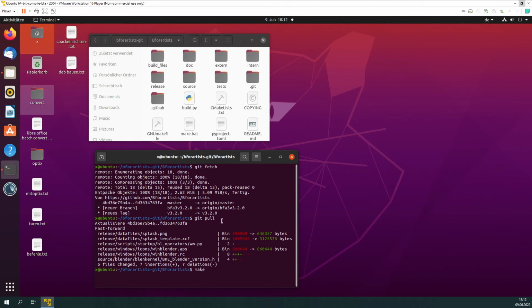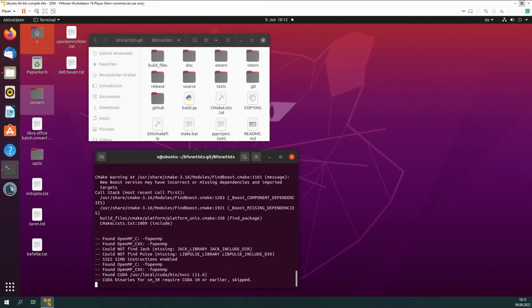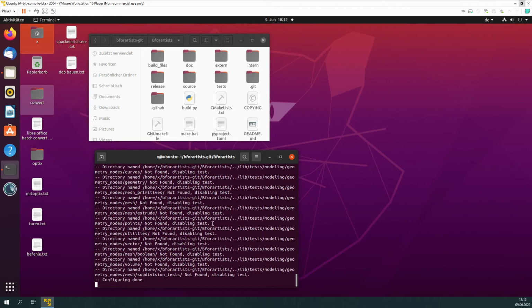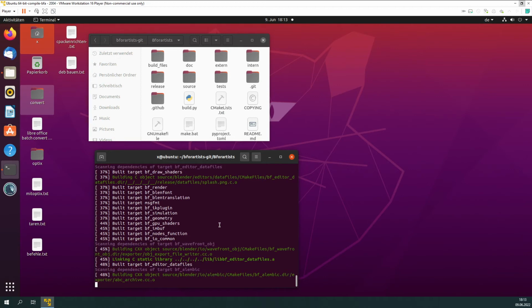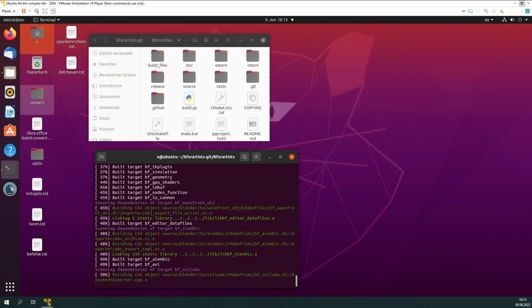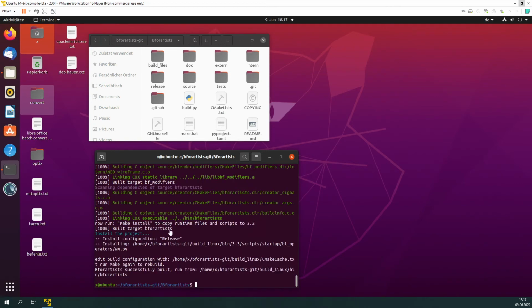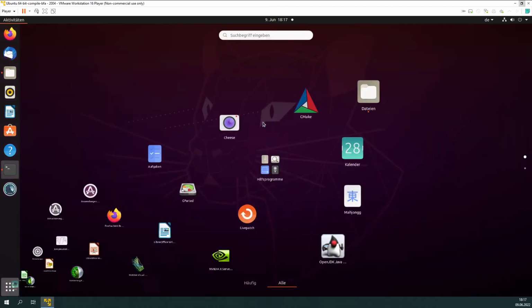I have already compiled this one here beforehand, so this is just to update the splash screen. Should go fast. The workflow here is basically nothing else than to build the developer builds, just to check that everything is ticked here in CMake,